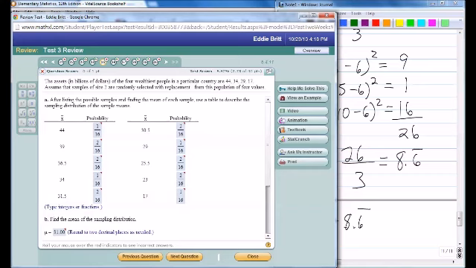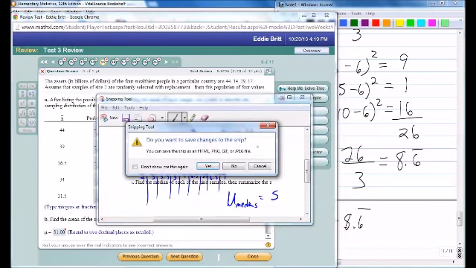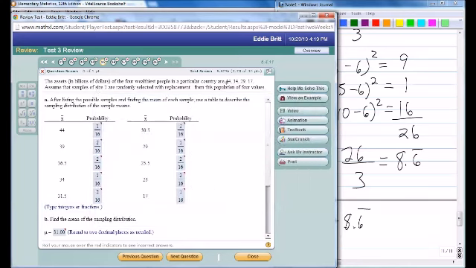Same thing on this one, except we are doing means. Now, it does not give you the actual samples. It says the sample size is 2 on this one. So what you're going to need to do, and also does it say with replacement or without replacement? With replacement. So what you're going to need to do is figure out all the